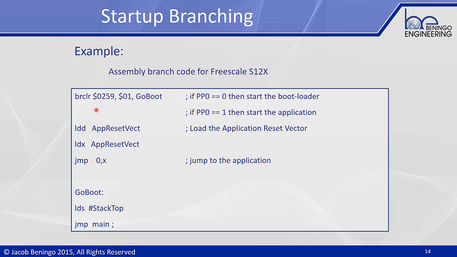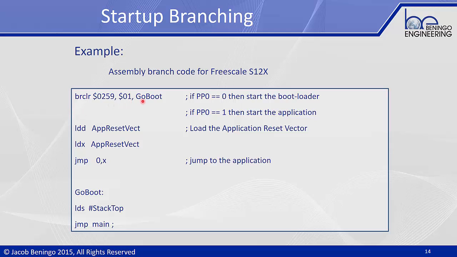So what we're going to do here, all we need to do is perform a GPIO check. Is the GPIO pin pulled low, in which case we want to start the bootloader. Otherwise, if it's pulled high, we want to start the application code. So what we're going to do is write some assembly language code to go through and read that GPIO pin. In this case, 0259 is the register address I want to look at. I'm going to compare it to see is it set to 1. If it's cleared and it's not set to 1, if it's 0,